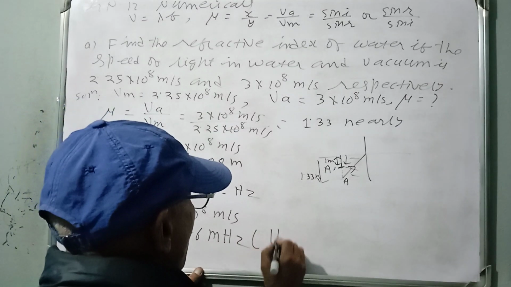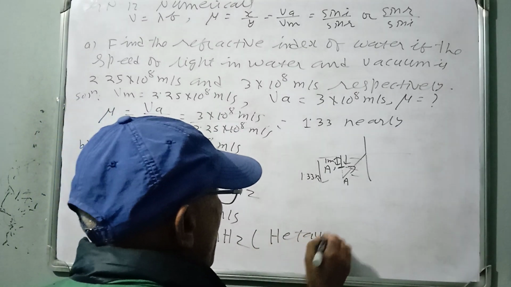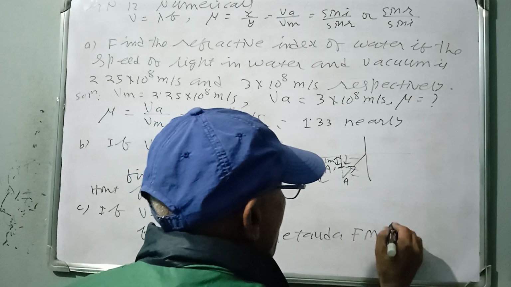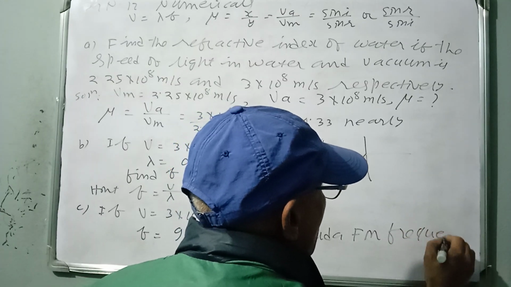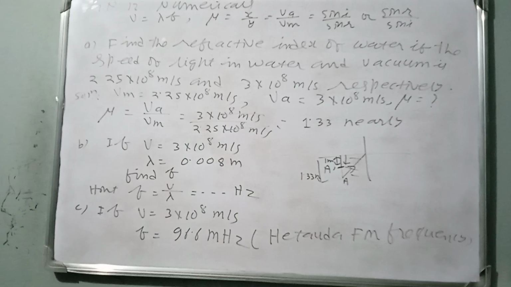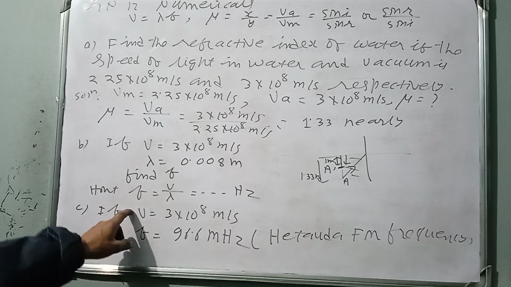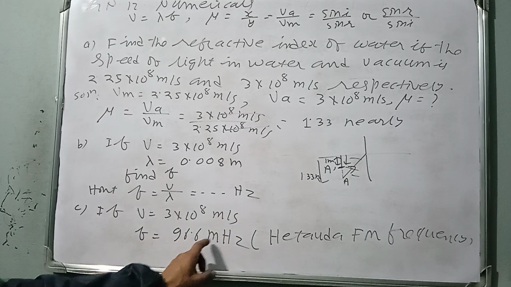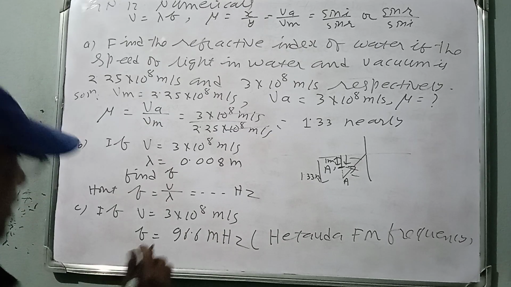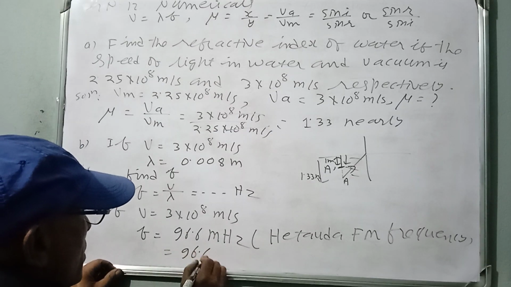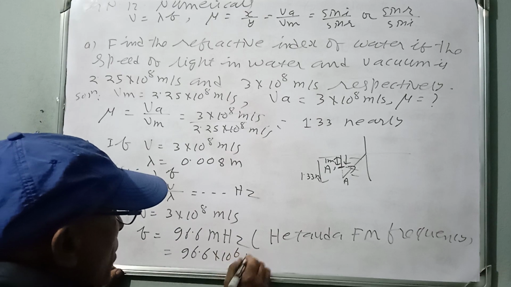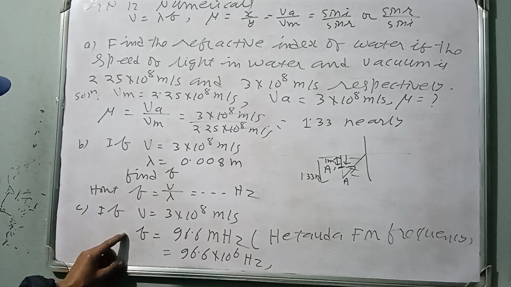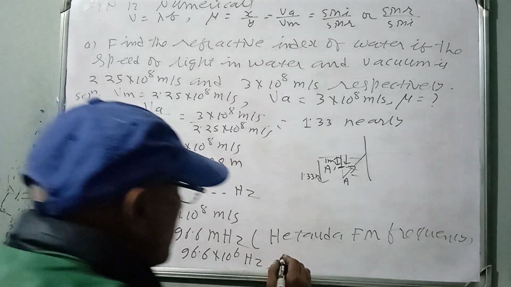Or it may be given velocity of light is 3 into 10 to the power 8 meters per second. F equal 96.6 megahertz. You have to write down 96.6 into 10 to the power 6 hertz and find